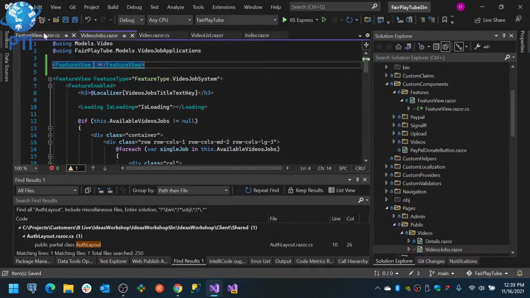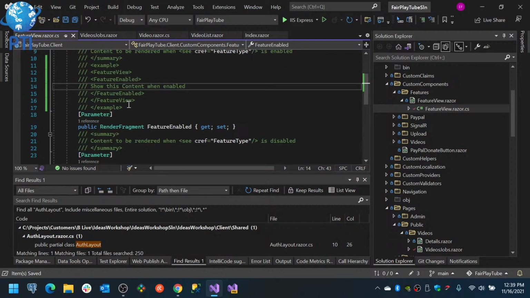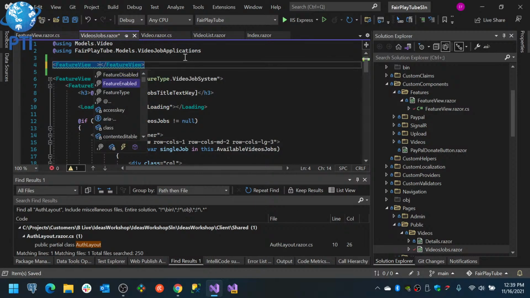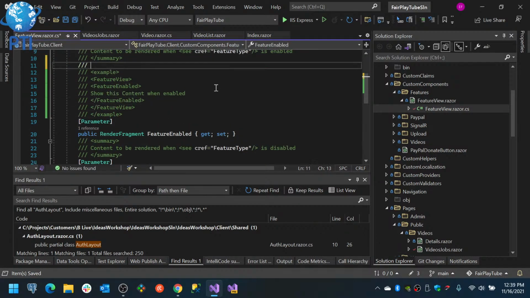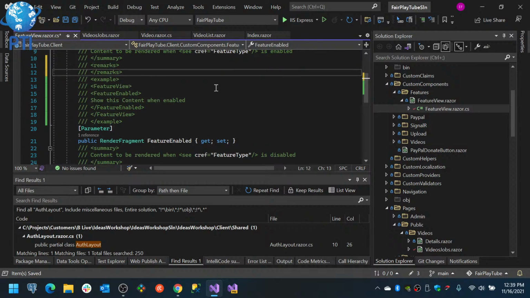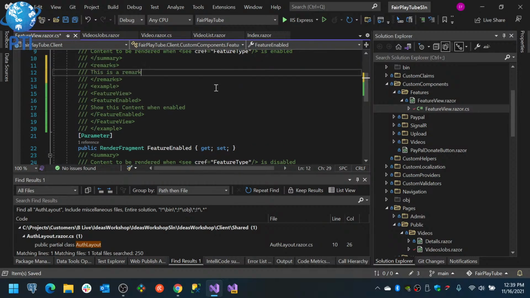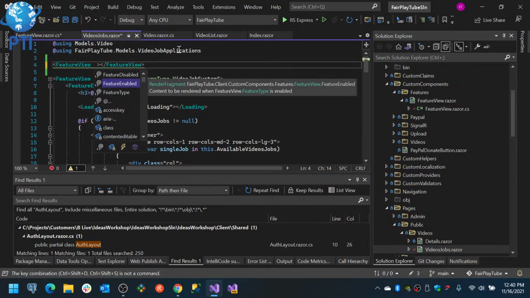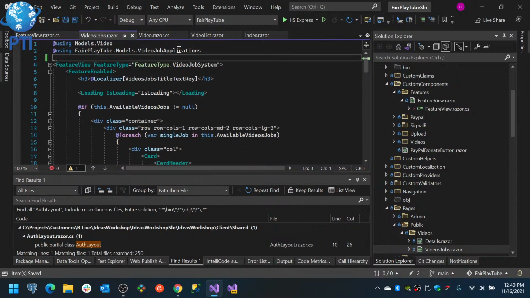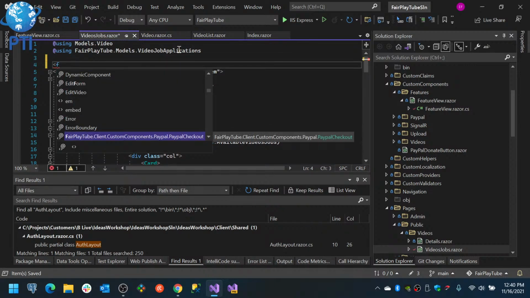Where did I put it actually? I put it in the feature enable, right? So it didn't show that part. Let's see if the remarks are actually shown. Video jobs. And no, it seems the remarks didn't show,